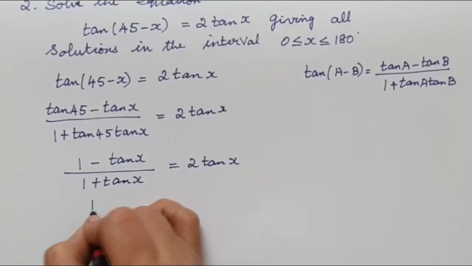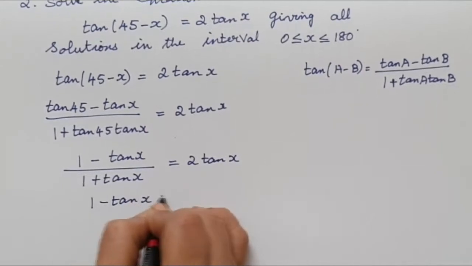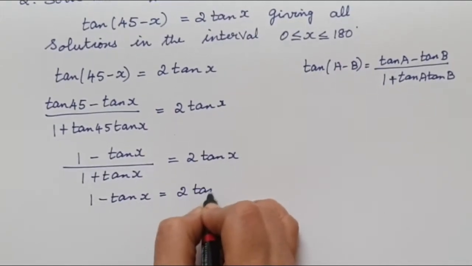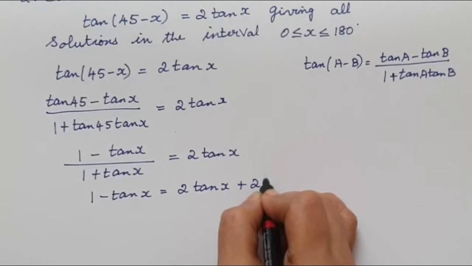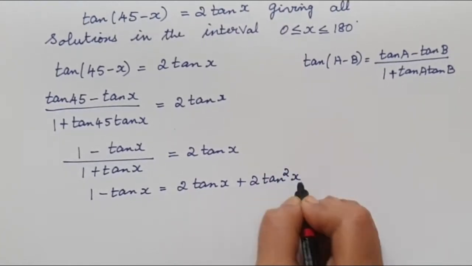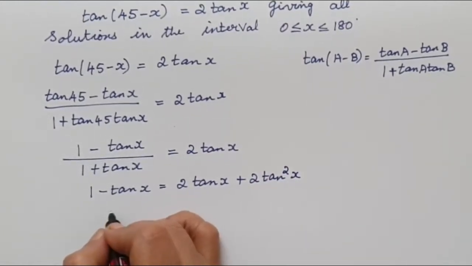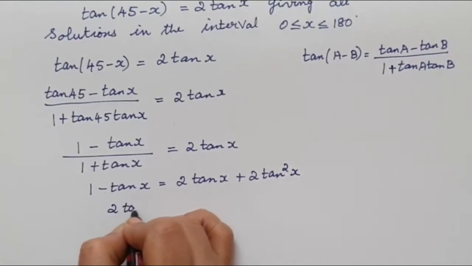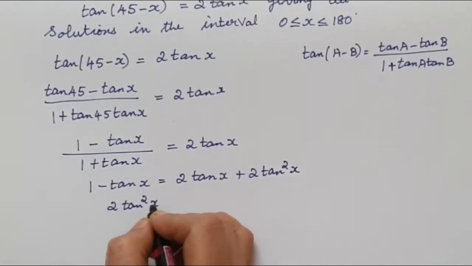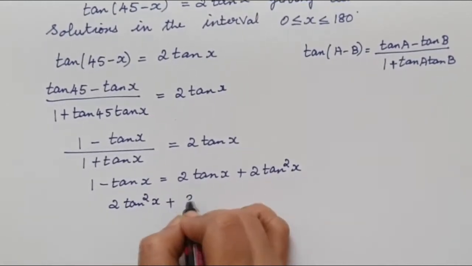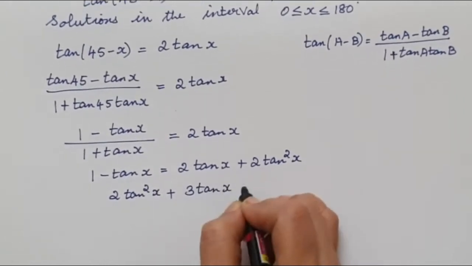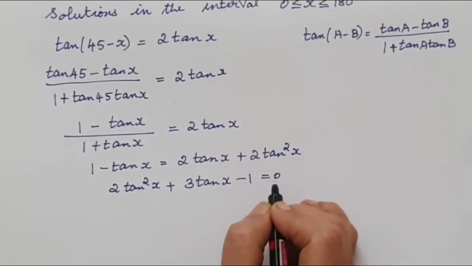Now cross multiply. 1 minus tan x will be equal to 2 tan x plus 2 tan squared x. So when we simplify it, you'll get 2 tan squared x